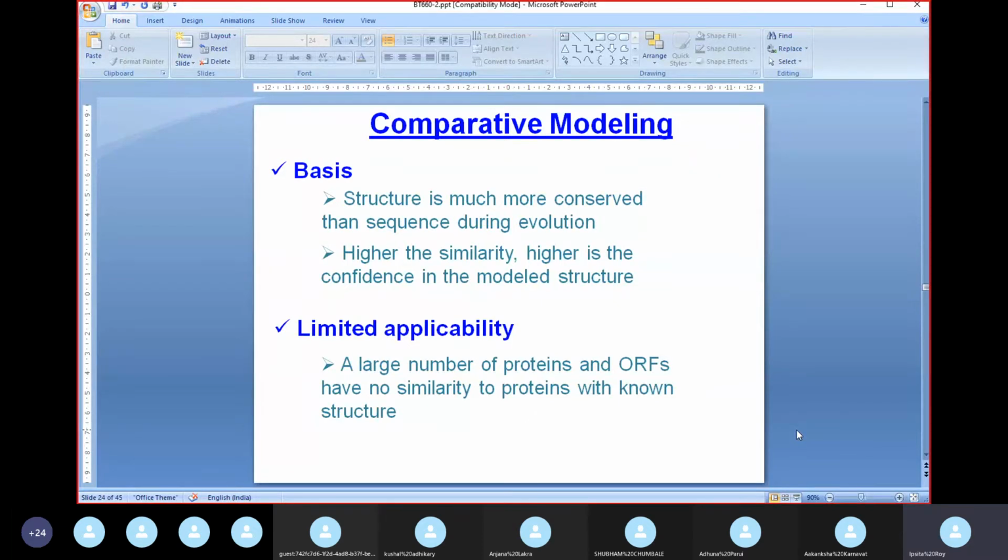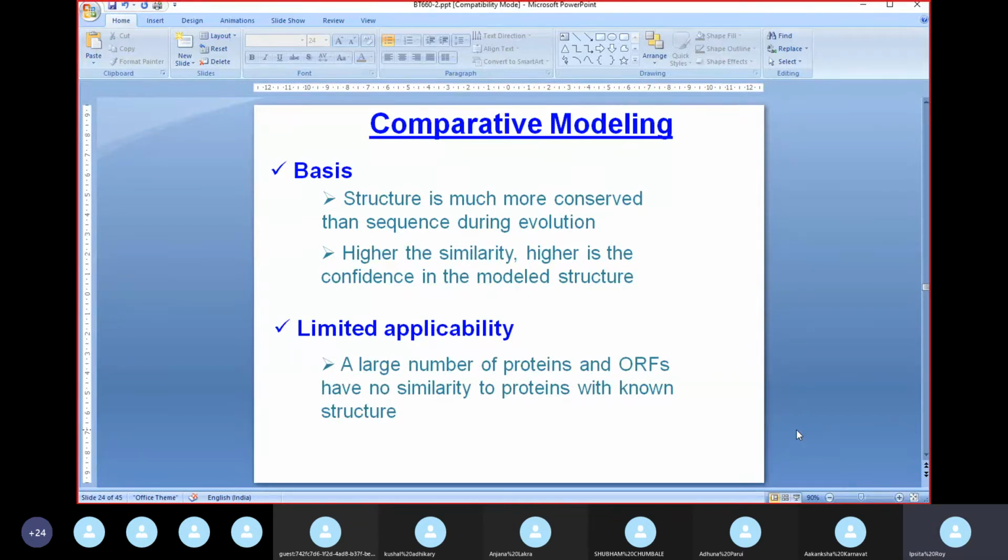So the comparative modeling works because of what nature does. Nature, unlike us, is very miserly. For us, any time a new model of cell phone or a new model of laptop comes up, we all start running after it. If nature has worked out that a particular structure works, for example a dehydrogenase where I have built in an NAD binding domain, it will continue with all dehydrogenases having that NAD binding domain. It is not going to tinker with that just because it is fashionable to come out with a newer model.